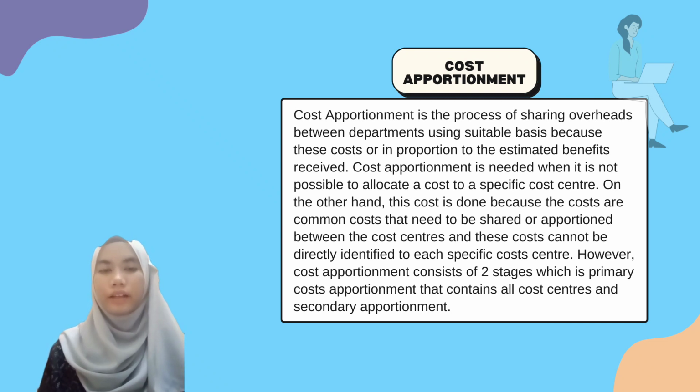These are common costs that need to be shared or apportioned between the cost centers, and they cannot be directly identified to each specific cost center. Cost apportionment consists of two stages, which are primary cost apportionment that contains all cost centers, and secondary